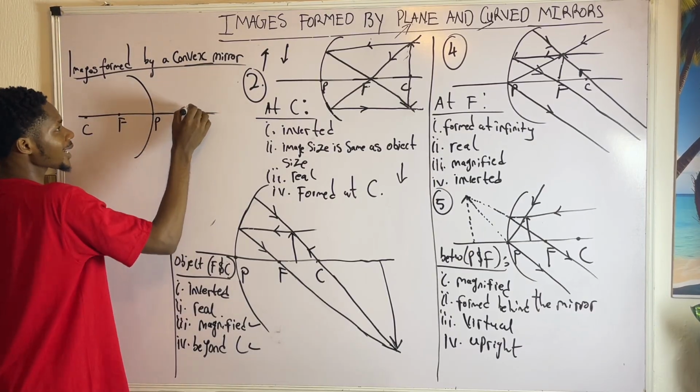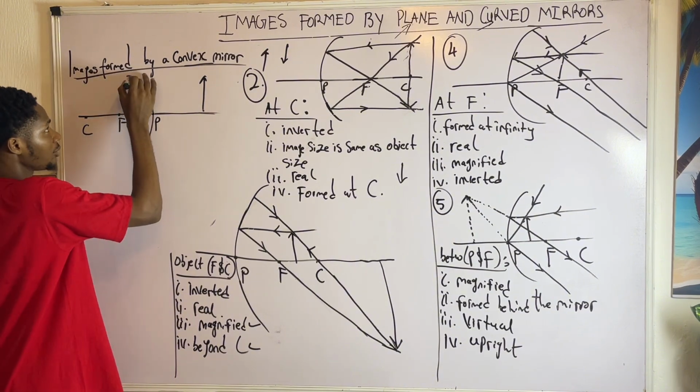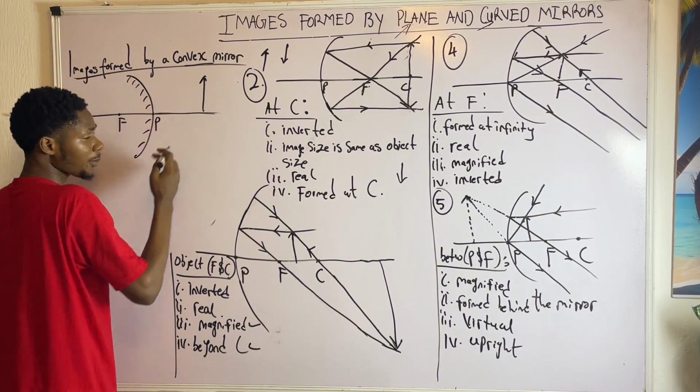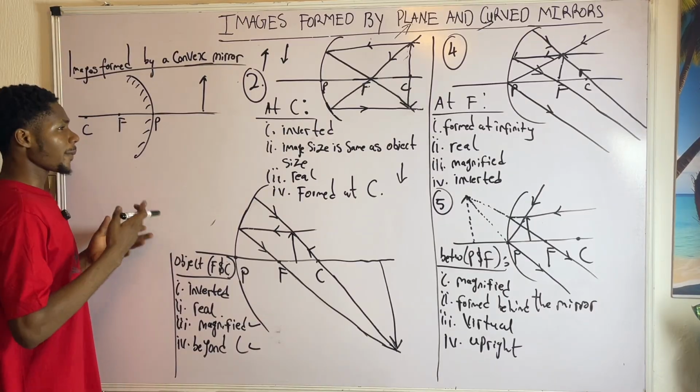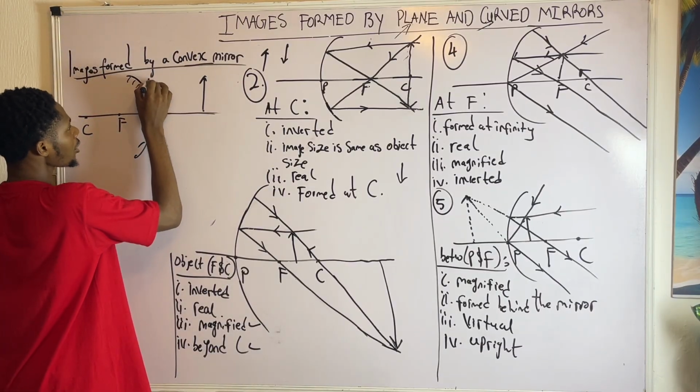Okay, now if I should place an object here, if you are wondering why I'm placing the object here instead of here, remember, inside of this place is coated. Hence, the outer part is what is going to reflect. Applying the laws that I gave initially for ray diagrams,